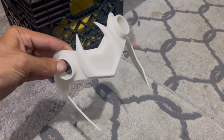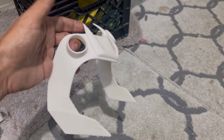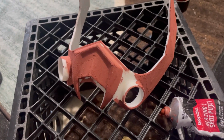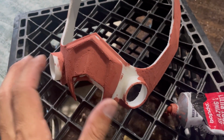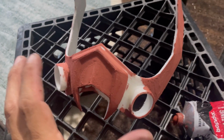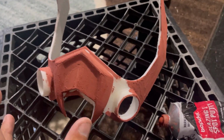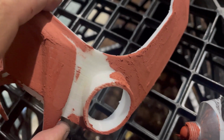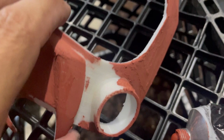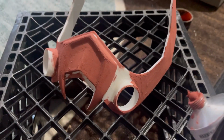I'm gonna fix up the other horn as well, and then I'll have you guys take a look at how she looks before paint. So really one of the only downsides to using white filament is when it's printed, you can't really see how good or bad the PLA lines are. So it was essentially a pretty good print, but there were some areas where they were just like, see these thicker lines right there? So what I just did just to speed up that process is basically just take glazing